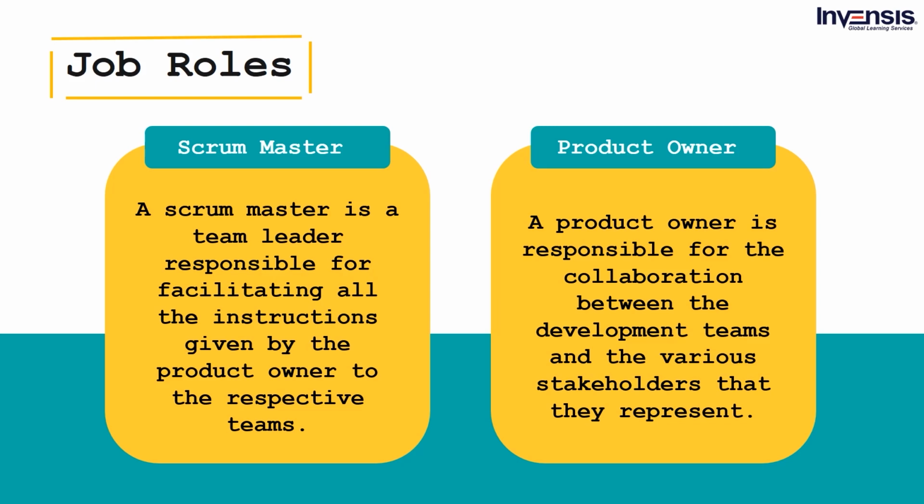Scrum Master: a Scrum Master is a team leader responsible for facilitating all the instructions given by the product owner to the respective teams. The various responsibilities include daily stand-ups and sprints, helping the product owners to create effective backlogs, encouraging the Scrum framework with effective collaboration, continuous improvement with respect to the changes communicated by the product owners, managing the team members, etc. Now that we are familiar with the Agile job roles and responsibilities, let us take a look